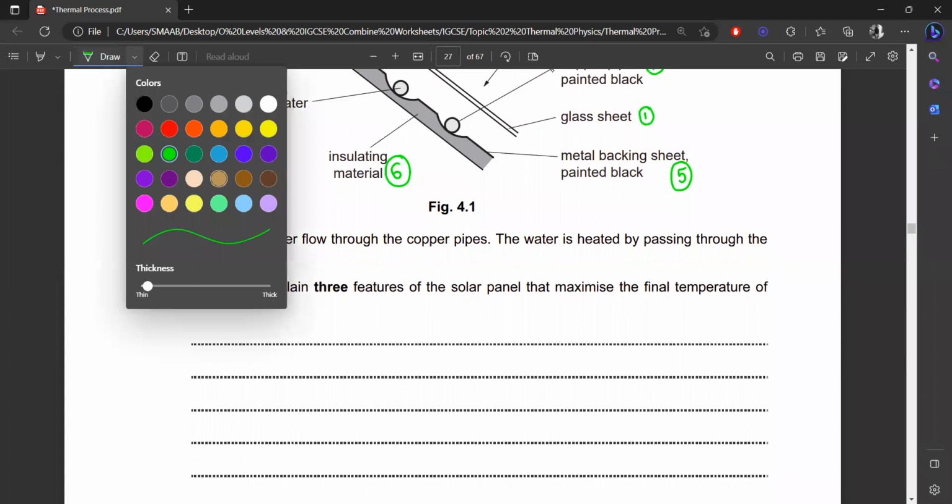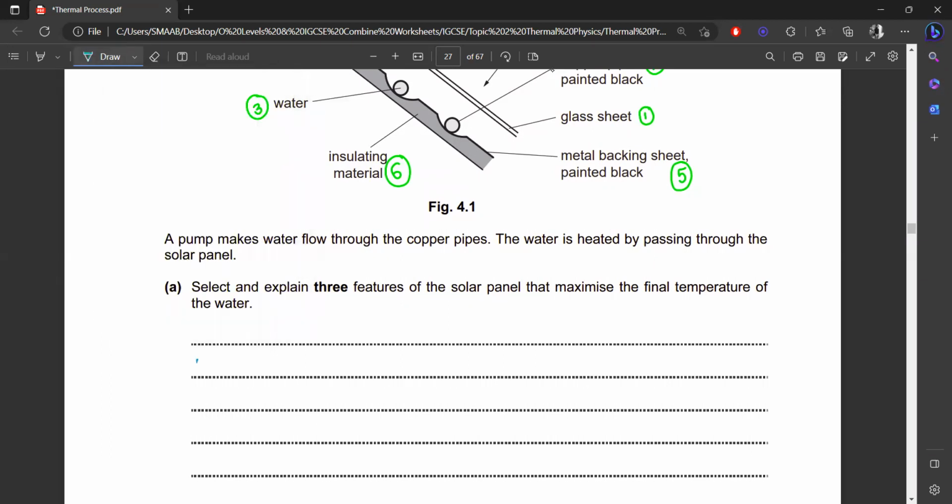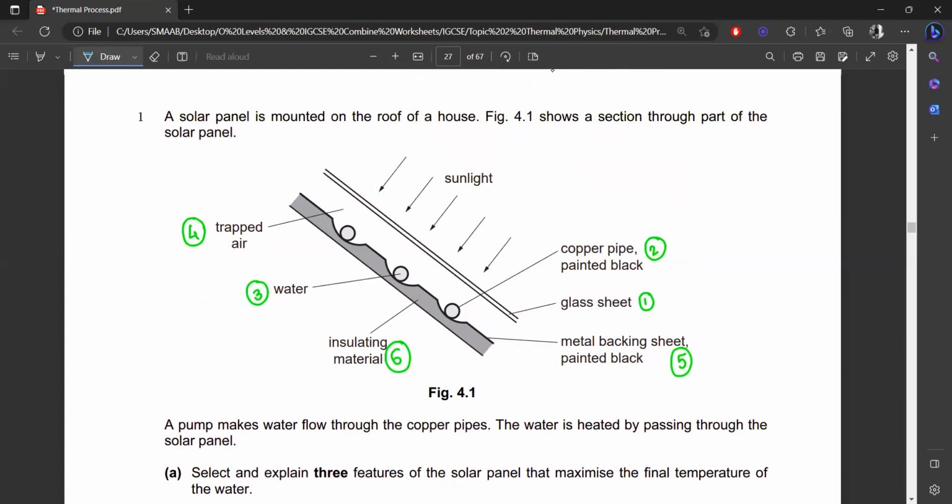Okay, so the first feature is that copper is a metal and also a good conductor of heat. Okay, so this is our first feature, and if we talk about the second one,